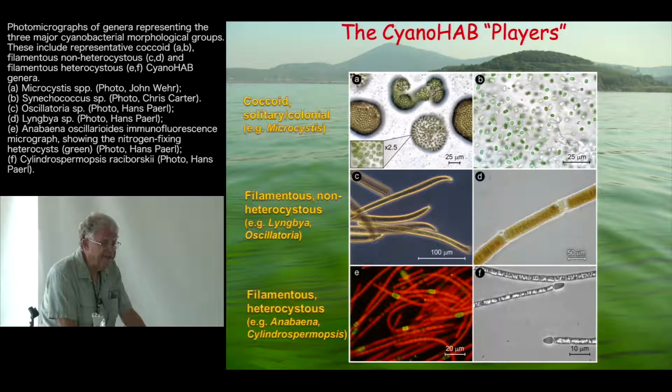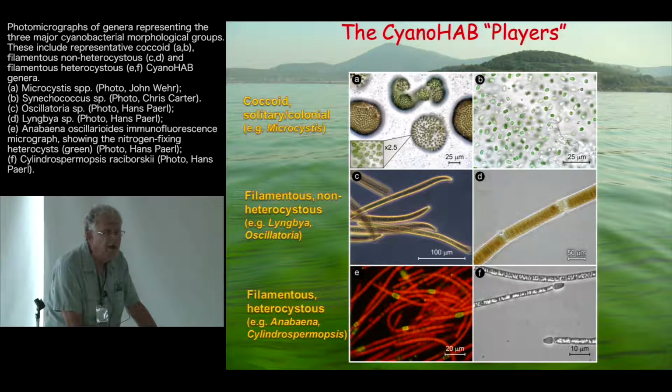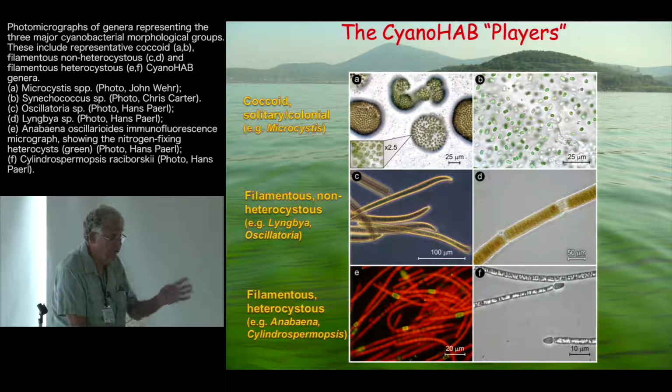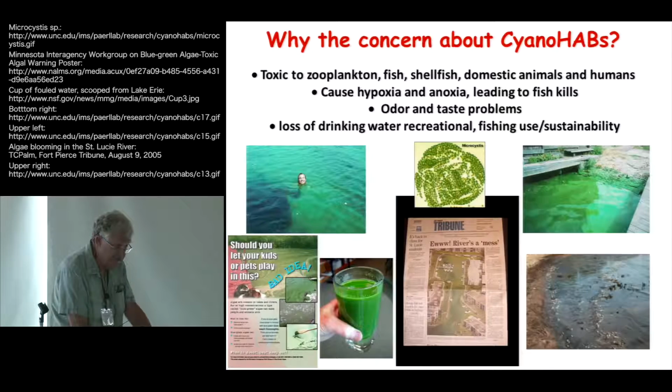The second group are the filamentous cyanobacteria that have no cellular differentiation. They include organisms like Oscillatoria and Lyngbya. Some of them can fix nitrogen, some of them don't. And then the third group is the filamentous heterocystous group. They have specialized cells in which the process of nitrogen fixation occurs. Tomorrow when I talk about this issue, we'll talk a bit more about nitrogen fixation and why that's important from an ecosystem perspective. But there are groups like the bottom group that can bring their own nitrogen into a lake system. So from a management perspective, this greatly complicates how to deal with them.